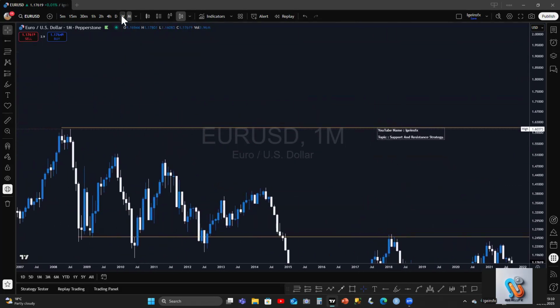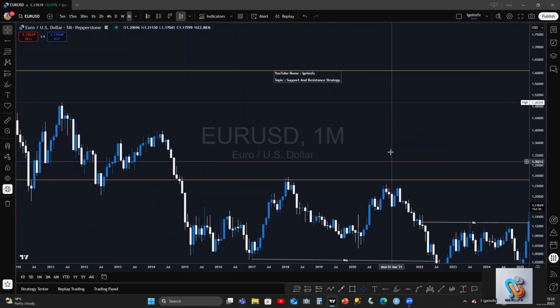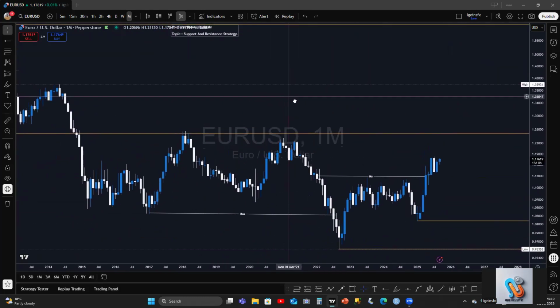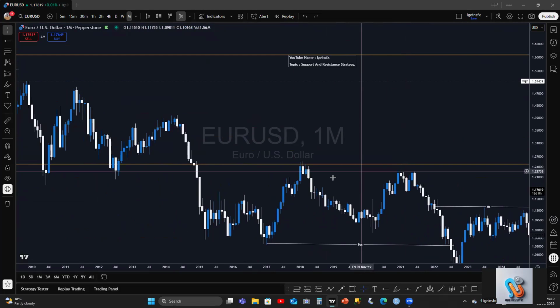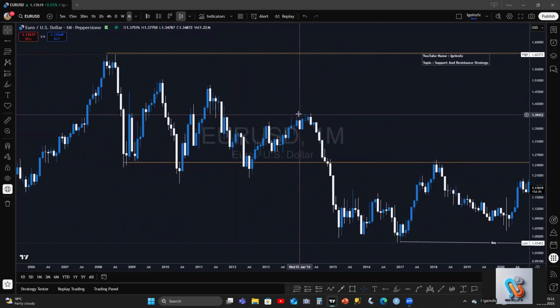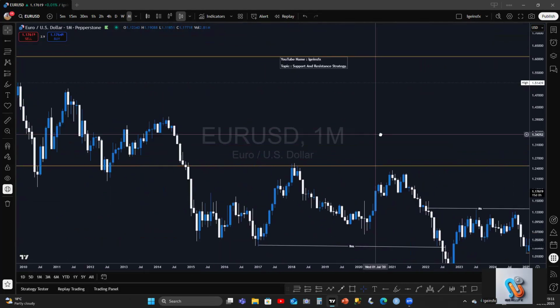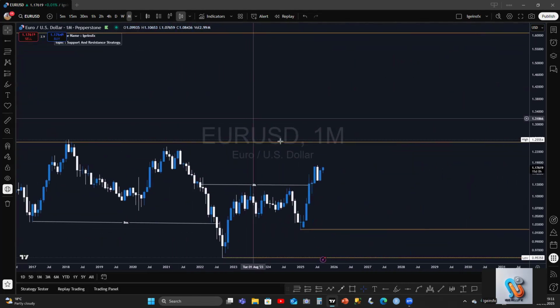So we have identified all the levels, then after this move from here, it will stop here, from here to this point. All right, so that is just the break. We don't need to start marking them here now because we need this price to either take out this high,